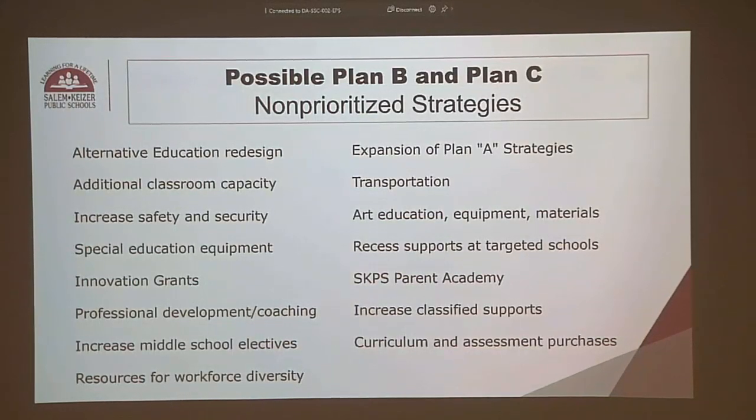What that would look like is instead of having 1 trauma-informed middle school, we would have 2. Or instead of having 4 ITCC classrooms, we could have 6. Or instead of offering after-school programs at 8, we would offer it at 16. So to be able to take what we have here and significantly accelerate it. Of course, I'm sure you're thinking this in the back of your mind: if we couldn't hire the right people to do this, then how are we going to do that? And we understand that. But there could be targeted programs that are easier to recruit staff and hire for than others. And so that's just an acknowledgement of that.